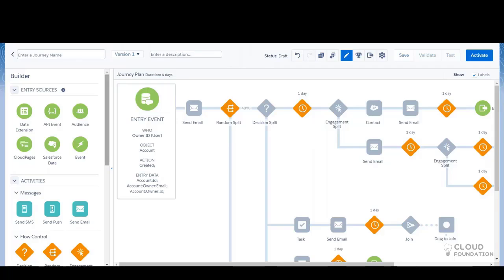You can just configure the object, and you can configure the different channels, email, push, all those stuff here, and just activate this, and that's it. Whenever a new account is created or updated, all the communications will be sent on the fly, without any manual intervention.